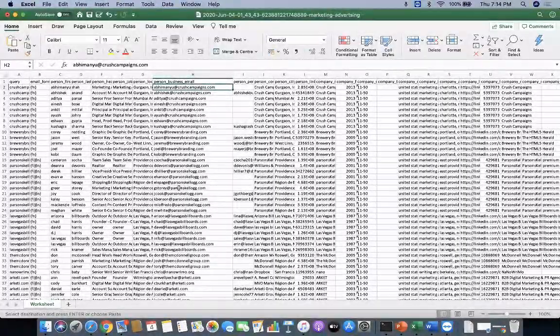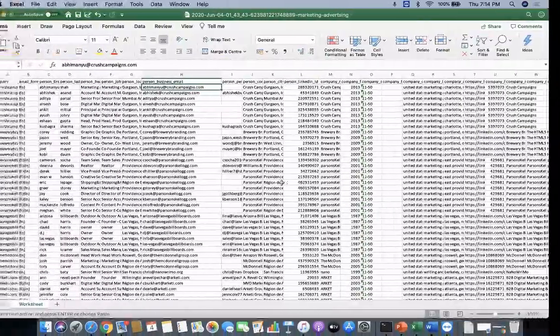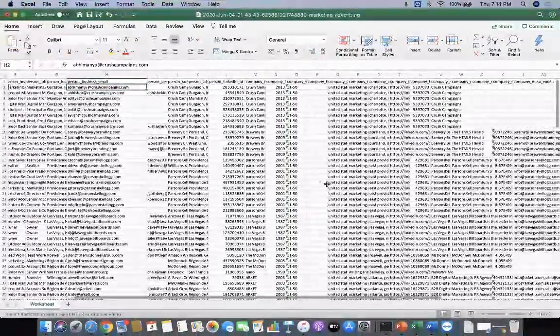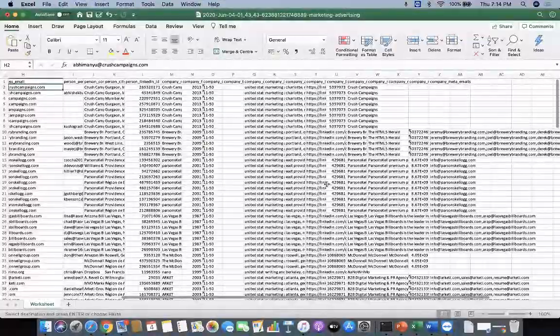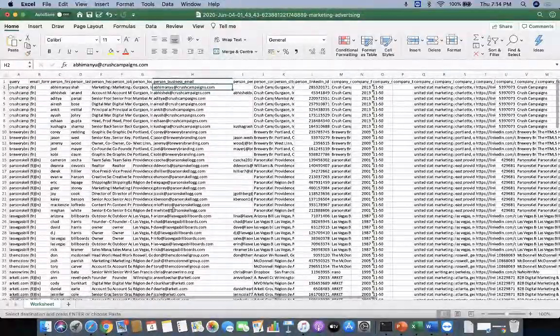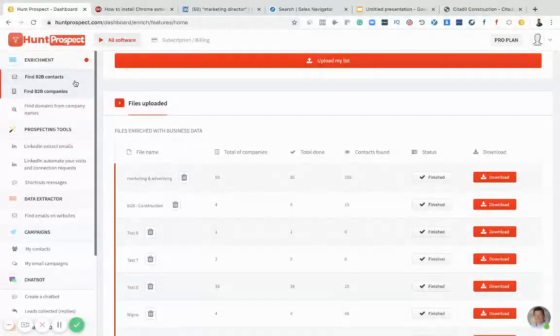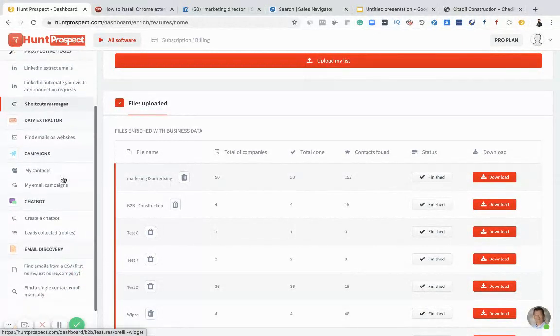So it has LinkedIn ID, it has, so if, let's say, email ID is your only source, if you want to cold email them and you want to reach out to them as a business, so this tool is a perfect tool, is what I understand. So we have covered the enrichment and prospecting tool.